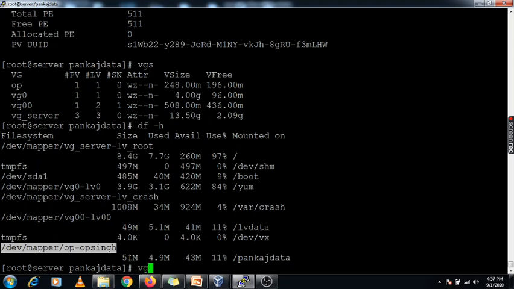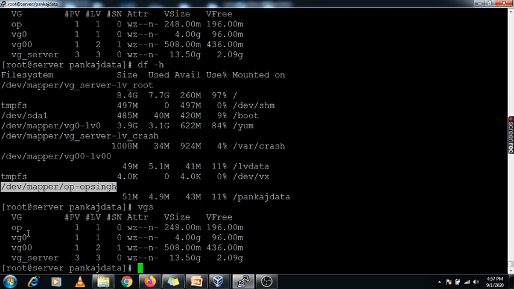First we can check vgs. Using vgs you will get the information on how much VG space is free on my system. For op I have 196 MB available right now and the total size is 248. So I can use 196 MB.